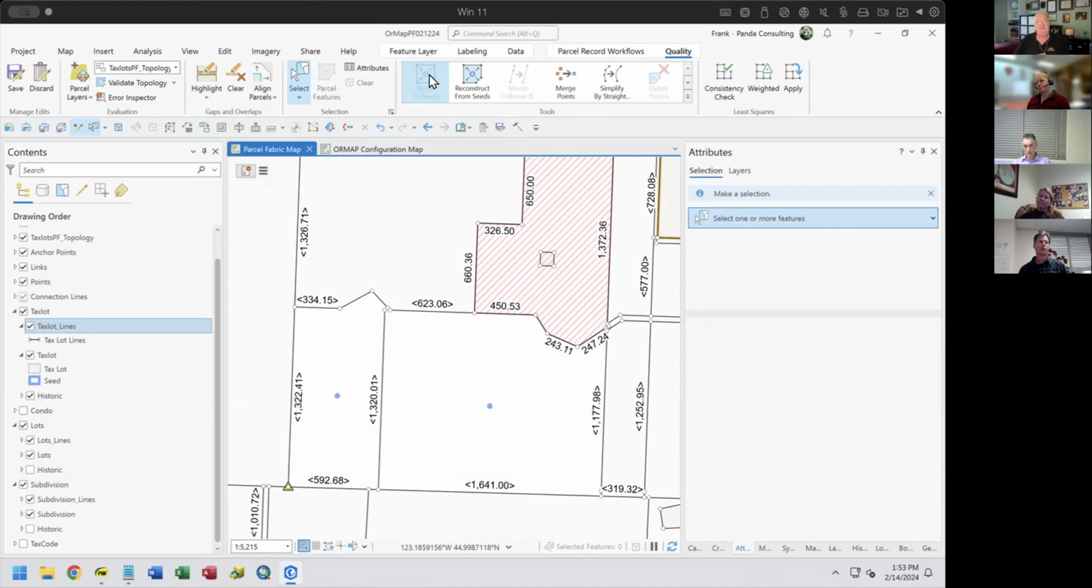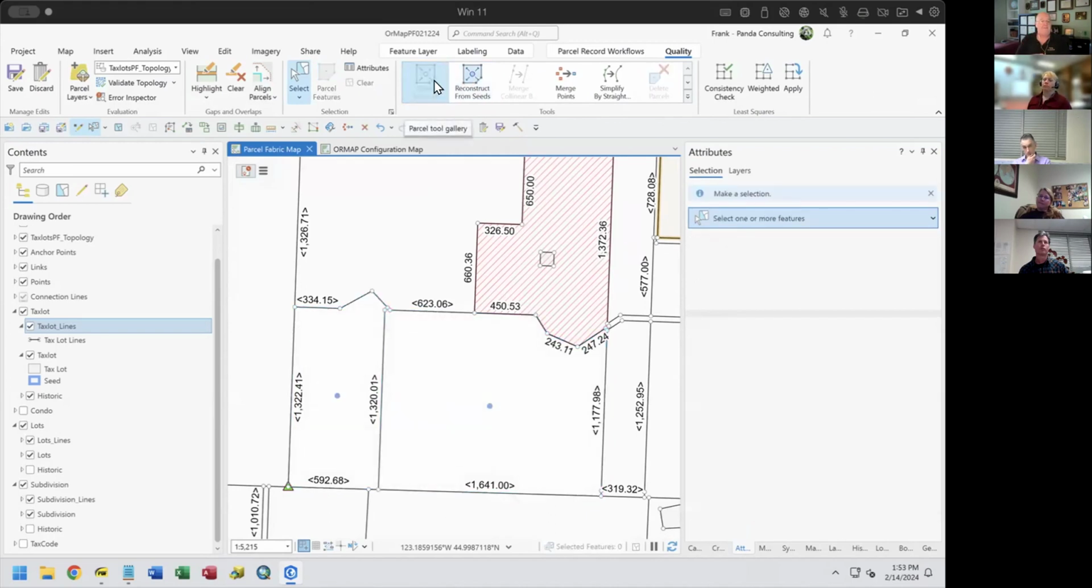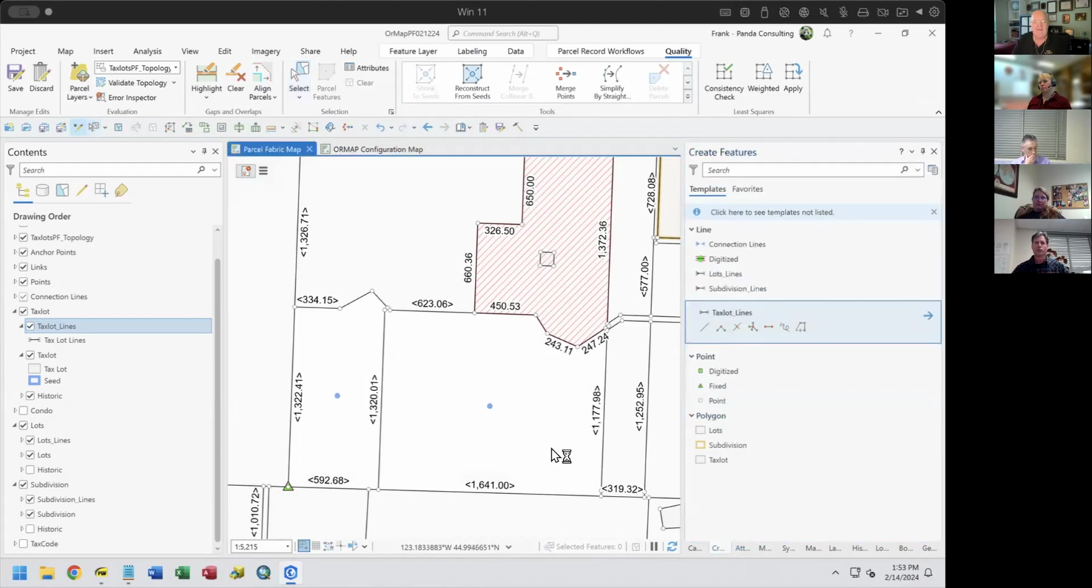There's a corresponding tool called reconstruct from seeds that if I immediately do that, it goes and reconstructs them from seeds and rebuilds them. Here's the tricky part. Any lines that I create, the shrink to seed just kind of gets it ready to be worked on. Then my reconstruct from seed will go and look for any corresponding line of the same,